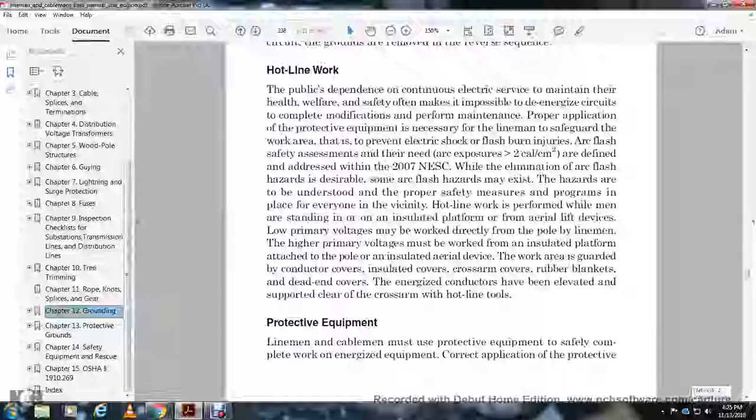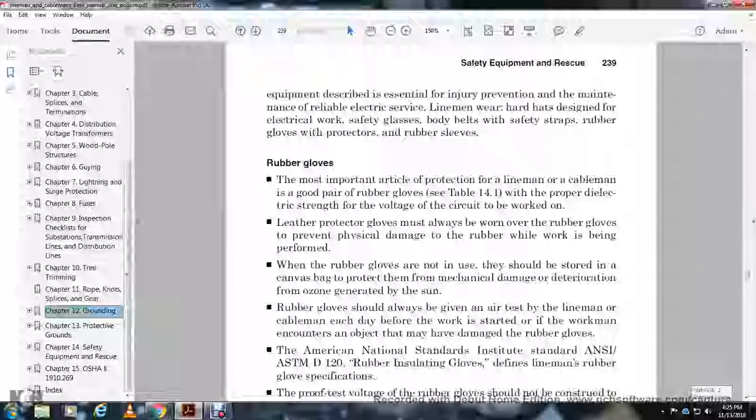Protective equipment. Linemen and cable men must wear protective equipment to safely complete work on energized equipment. The correct application of protective equipment is essential for injury prevention and for the maintenance of reliable electrical service. The lineman wears a hard hat designed for electrical work, safety glasses, a body belt with a safety strap, rubber gloves, and rubber sleeves to protect him. Rubber gloves are the most important article for the protection of the lineman,